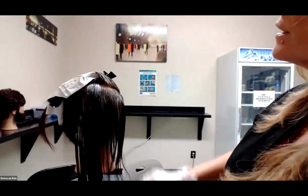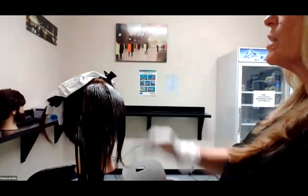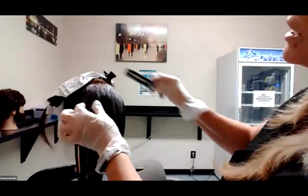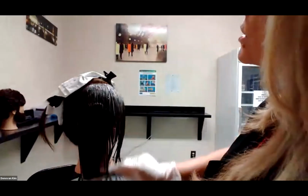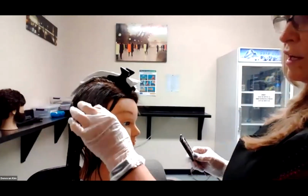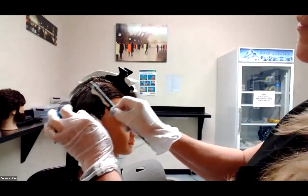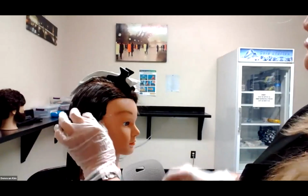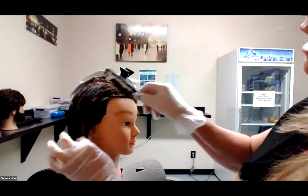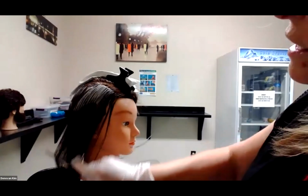Now in the hairline, I've got to make sure I get it all nice and even on my application here. How's the hair going to fall from up in the crown area? It's just going to lay down like this. But how about in the front, around the hairline? How do we want that hair to be? I want to comb it back a little bit off the hairline, but I need to pay attention to all this hair along the front to the sideburns and make sure that all that stays nice and